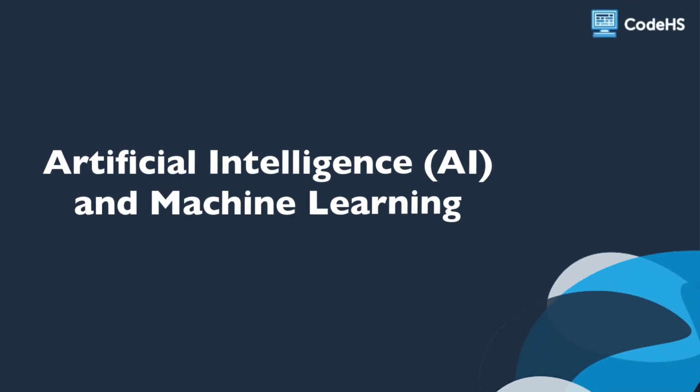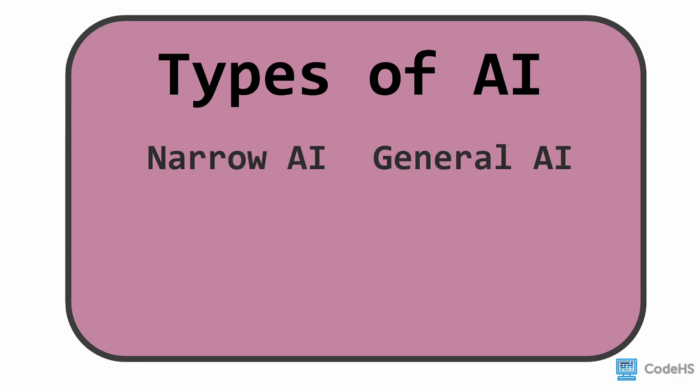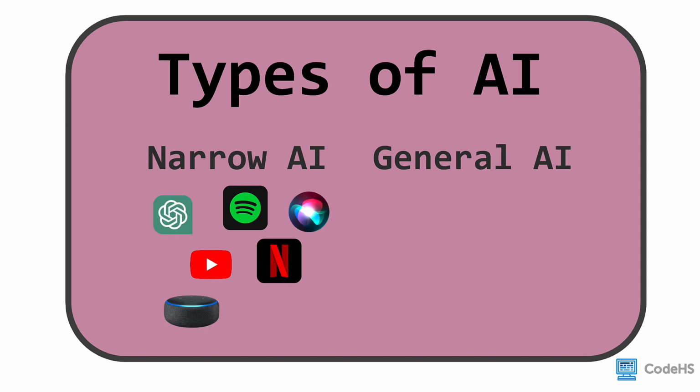Hi! In this lesson, we're going to dive deeper into artificial intelligence, learning more about the popular applications and developments in the field, including machine learning. At the highest level, we like to talk about a few types of AI, most notably narrow AI and general AI. Any examples of AI that you've seen in your life will fall into narrow AI. It's the AI that is built for a specific purpose. Things like the recommendation systems in Spotify, YouTube, and Netflix, language recognition and generation like ChatGPT, Siri, and Alexa, and what's used in self-driving cars.